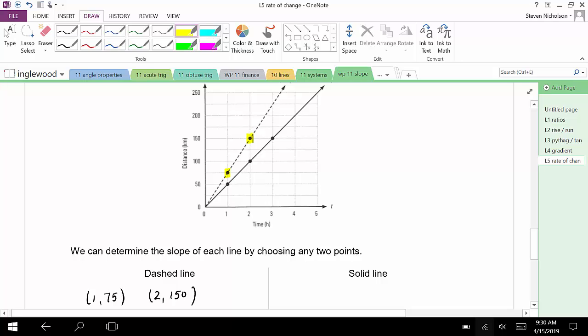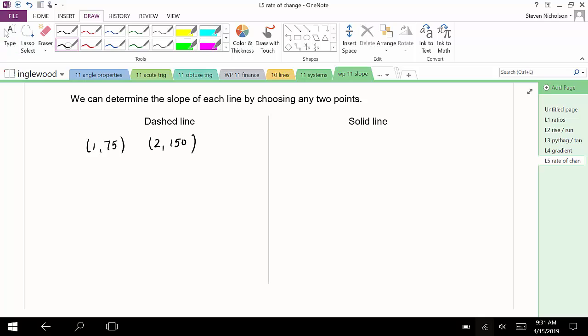And I could count if I wanted to. I could go up and I could go across. I have to be careful with scale, but that would be okay. But I'm going to use our slope formula. So using our slope formula, here is y2, y1. So here's our 150 minus 75. And here's our x2, and here's our x1, 2 minus 1. And when I do that calculation, I get 75 over 1. And remember the units of the top. The units of the top, the vertical, the dependent axis is distance in kilometers, and the horizontal is time in